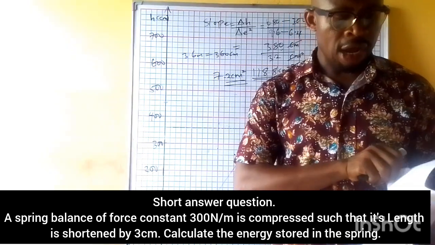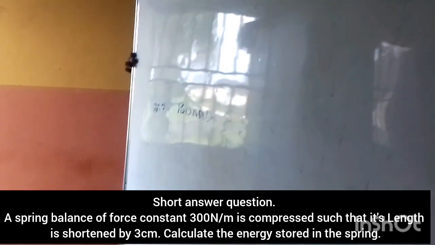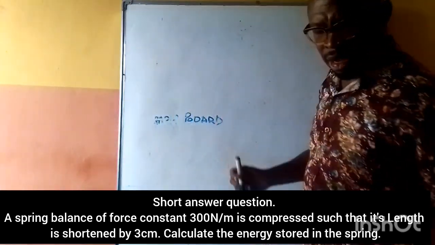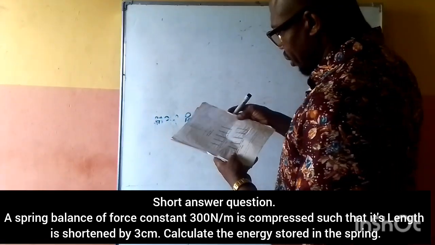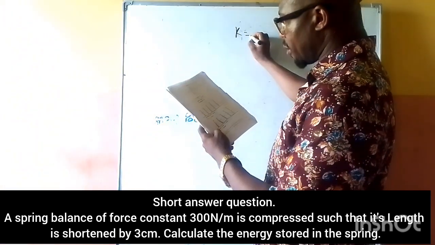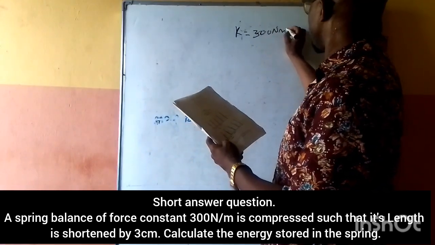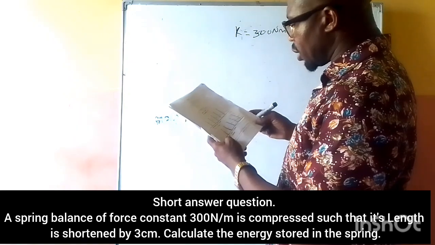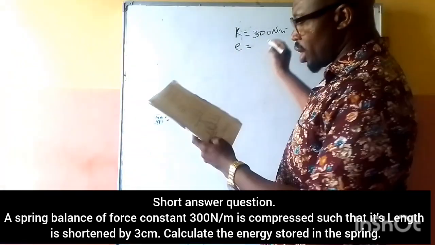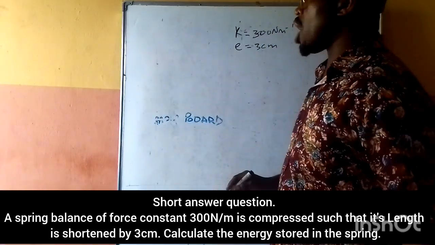Now, here they gave us a spring balance of force constant K given to be 300 Newton per meter. It's compressed so that its extension is shortened by 3 cm. Calculate the energy stored,